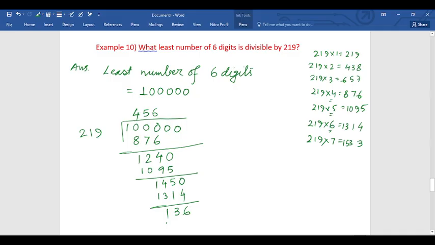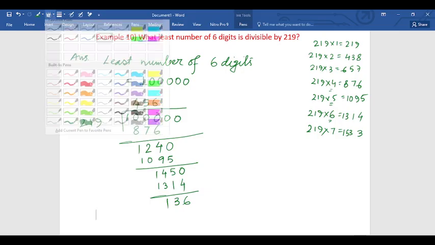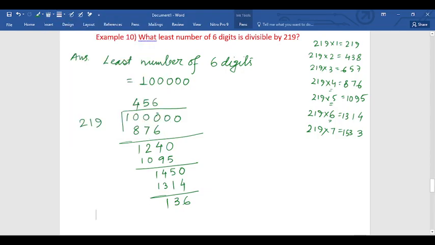Now you just tell me, if there would be no 136, then the remainder is 0. To make the remainder 0, we have to remove 136. Now if we remove 136 from this least 6 digit number,